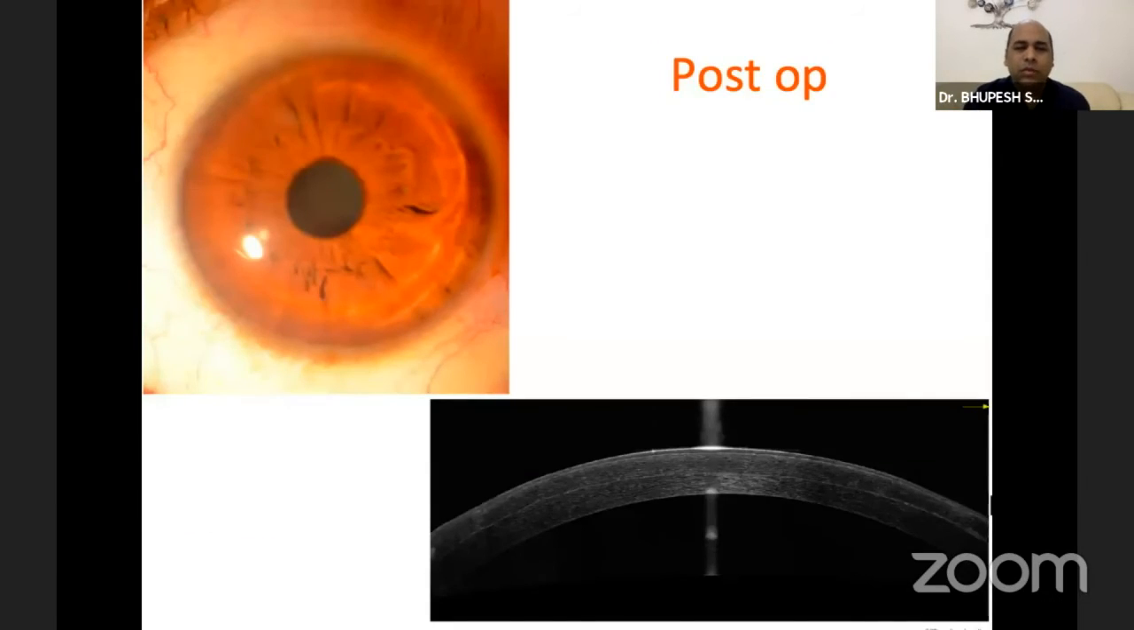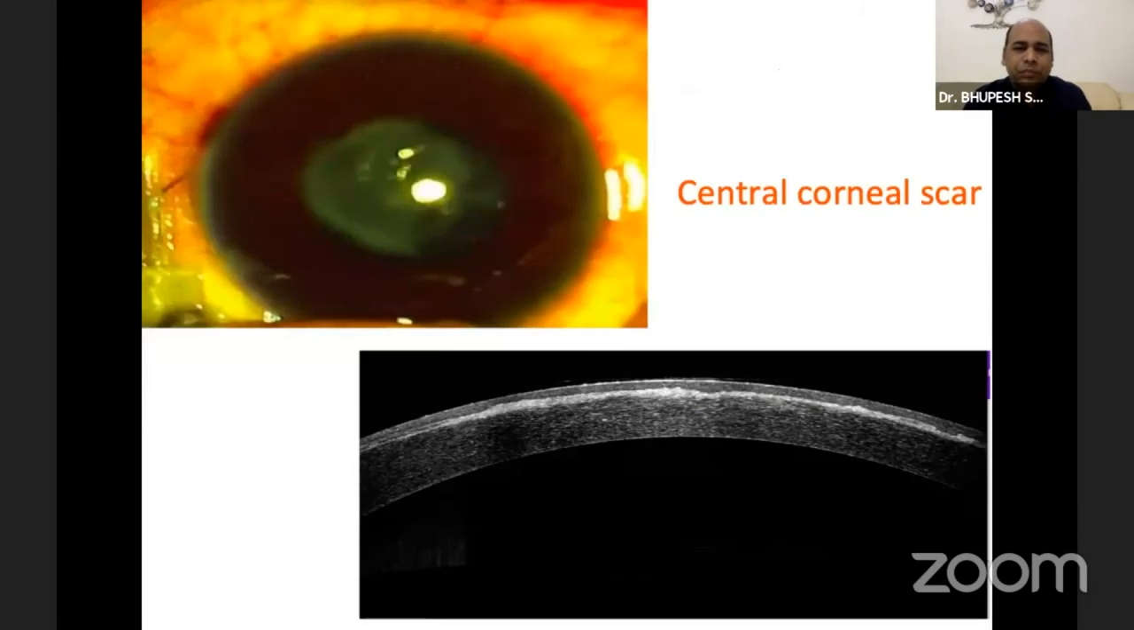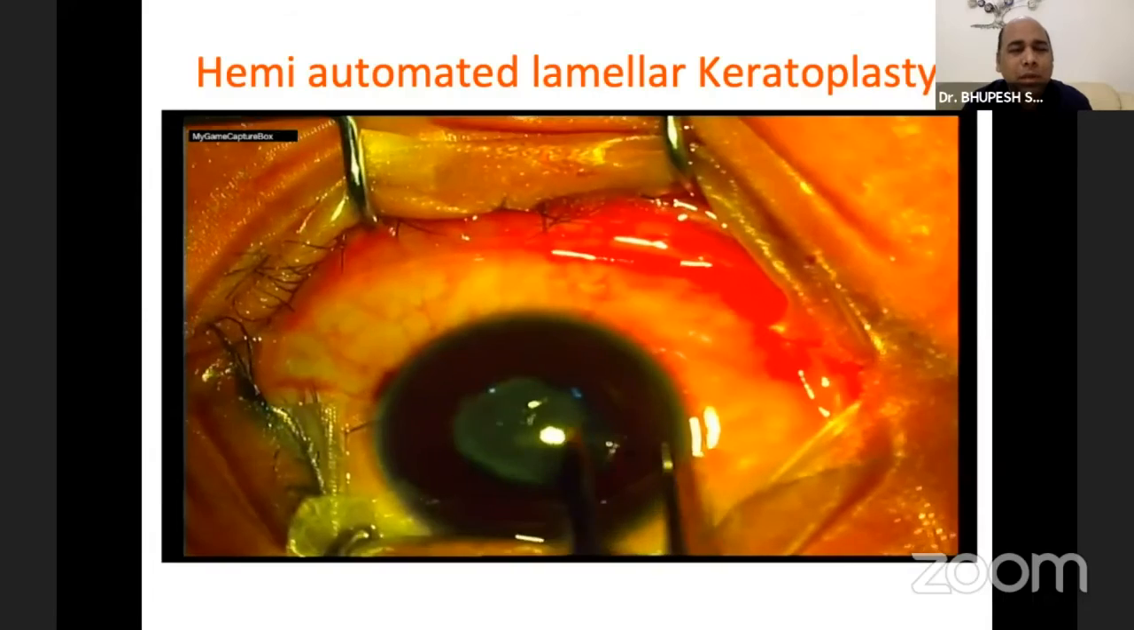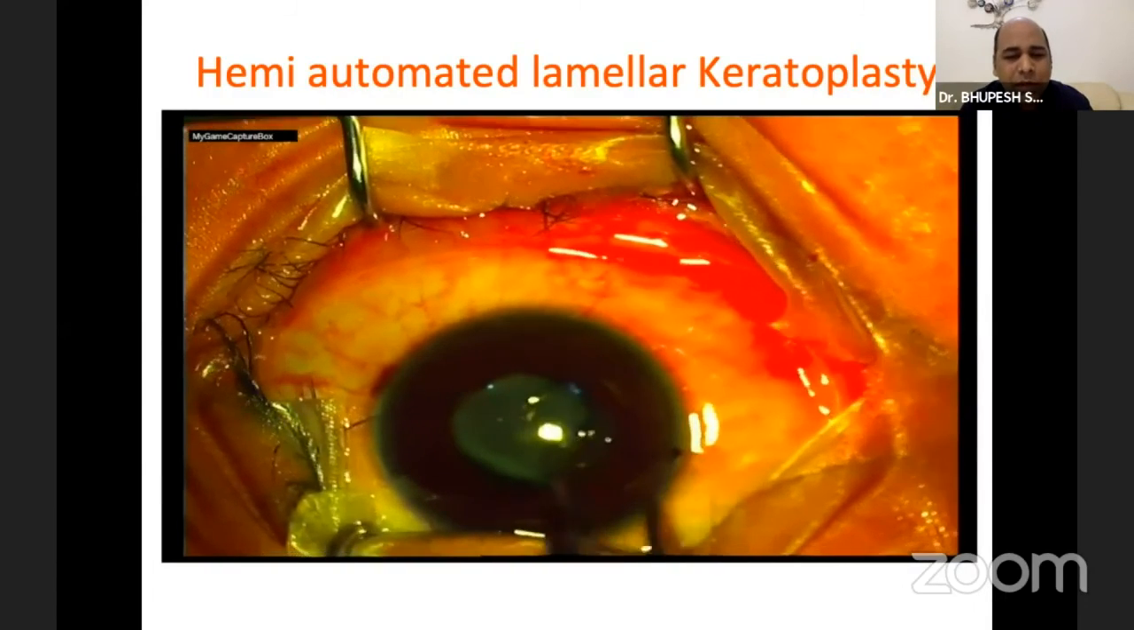And this is a post-op photograph of the same patient, and we can see nicely attached graft. This is another interesting case of central corneal scar in which the periphery is clear. So we went ahead and planned a hemi-automated lamellar keratoplasty for this case. And after measuring the clear zone,